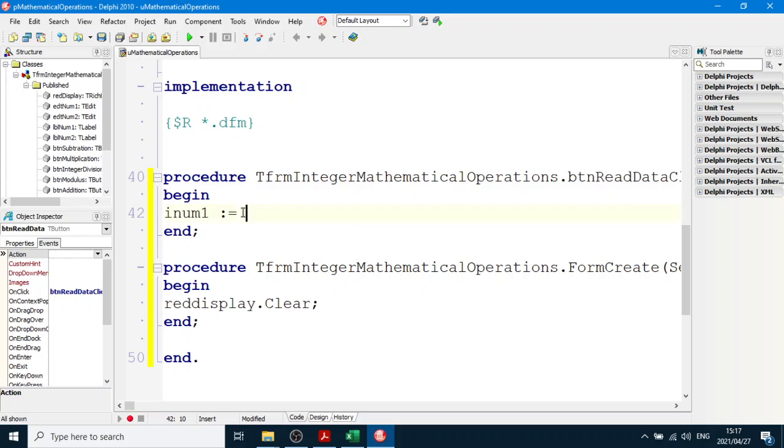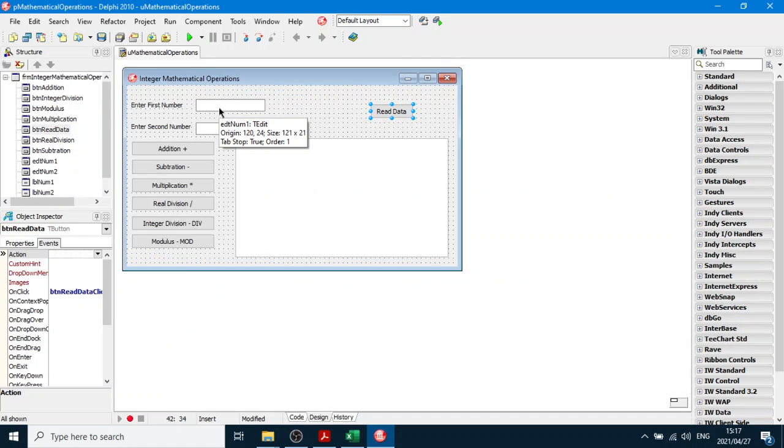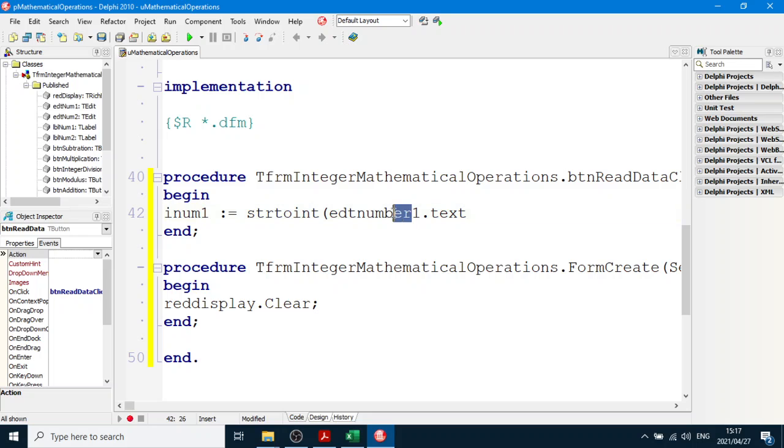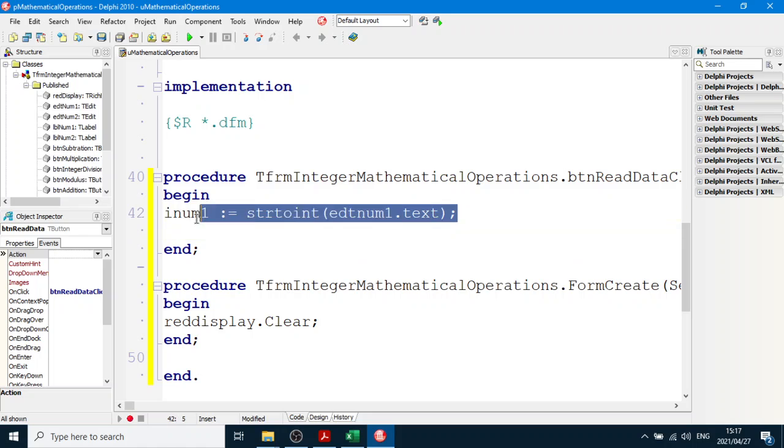And that will be StrToInt of edtNum1.text. I'm guessing, I don't think it's called that. Right, and then the next one is inum2 equals